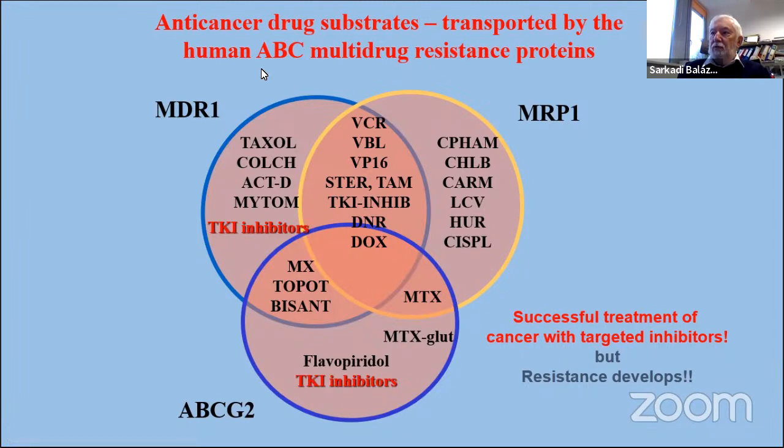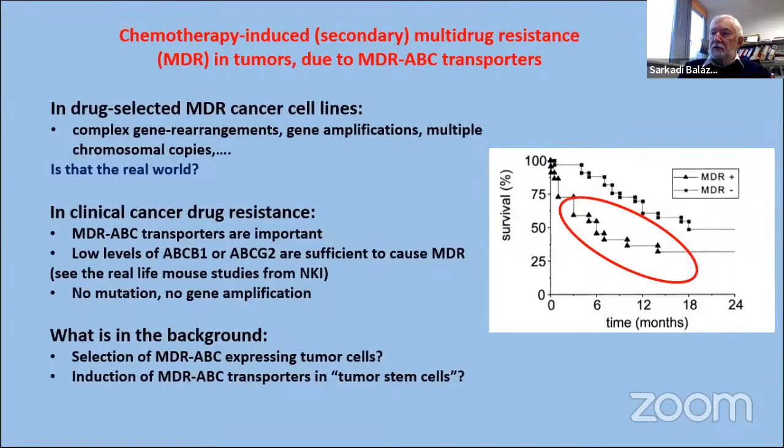And these can be transported with an overlapping specificity by the MDR1, MRP1, or the ABCG2 protein. So whenever you use a chemotherapeutic drug, you can expect that it will be transported by one or the other of these multi-drug transporters. And although you can achieve successful treatment of cancer with targeted inhibitors, usually resistance also develops. And one of the key causes of this drug resistance is the presence of the multi-drug transporters. So when these transporters are present in tumors,